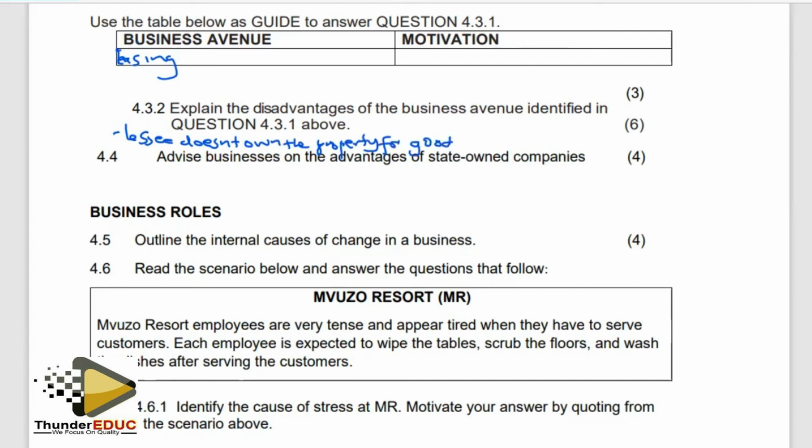This person is just going to use it for a given period of time. So even the leaser, the first owner of the property,